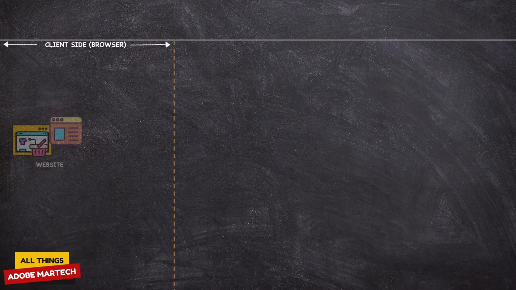Right, so like I said, for the context of this video, the use case is a visitor lands on your website and you would like to set up server-side conversion tracking for one or more marketing vendors of your choice. So it all begins in the browser, also known as the client. Now, the visitor lands on your website, and this website has Adobe Tags or Launch implemented with Web SDK, which